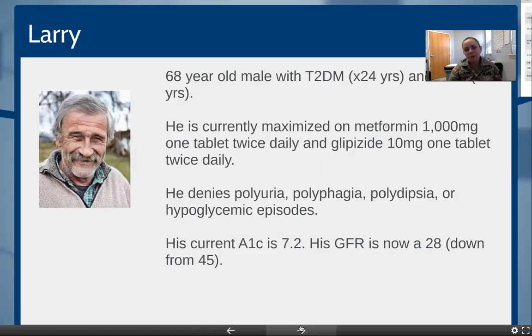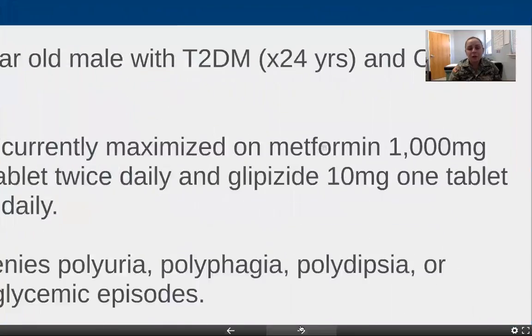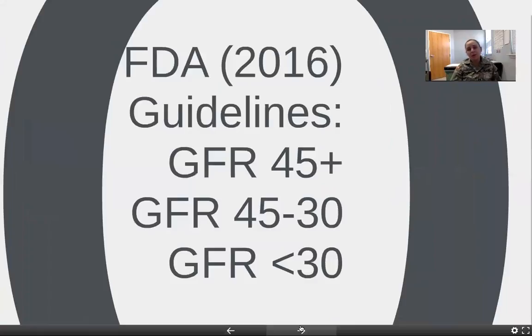So Larry is one of your long-term diabetic patients that's very motivated to keep his A1C down. He does not want to adhere to a less stringent goal, which may be appropriate in some patients with CKD. Since he has no hypoglycemic episodes, it'd be very appropriate to stop the metformin in this case and try a different medication. Now, the reason why we're going to stop metformin is because of the Food and Drug Administration 2016